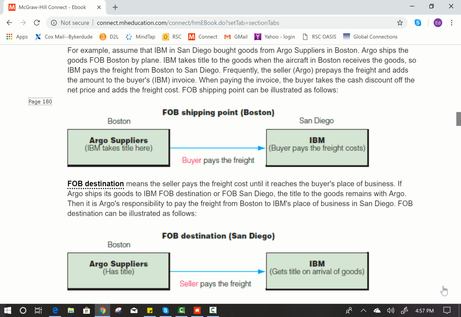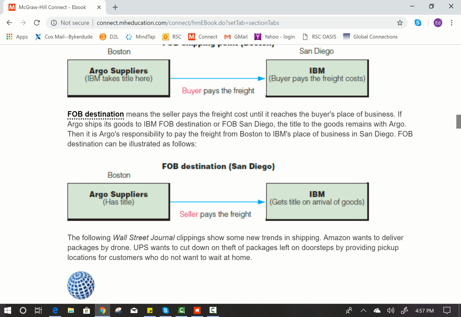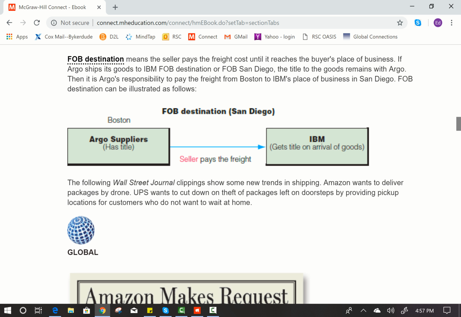FOB destination means the seller pays the freight cost until it reaches the buyer's place of business. If Argo ships its goods to IBM FOB destination, or FOB San Diego, the title of the goods remains with Argo. Then it's Argo's responsibility to pay the freight from Boston to IBM's place of business in San Diego. So FOB destination can be illustrated as such. FOB San Diego: Argo has the title, and the seller pays for the freight,